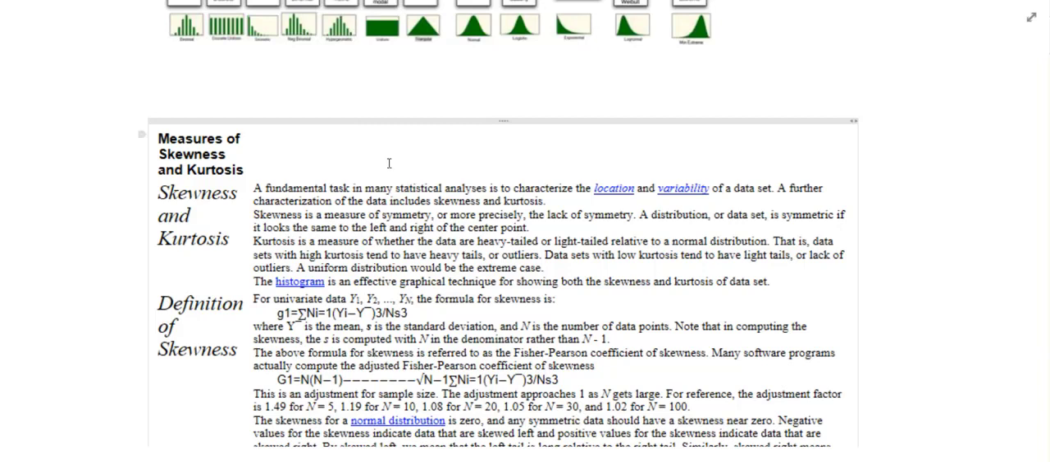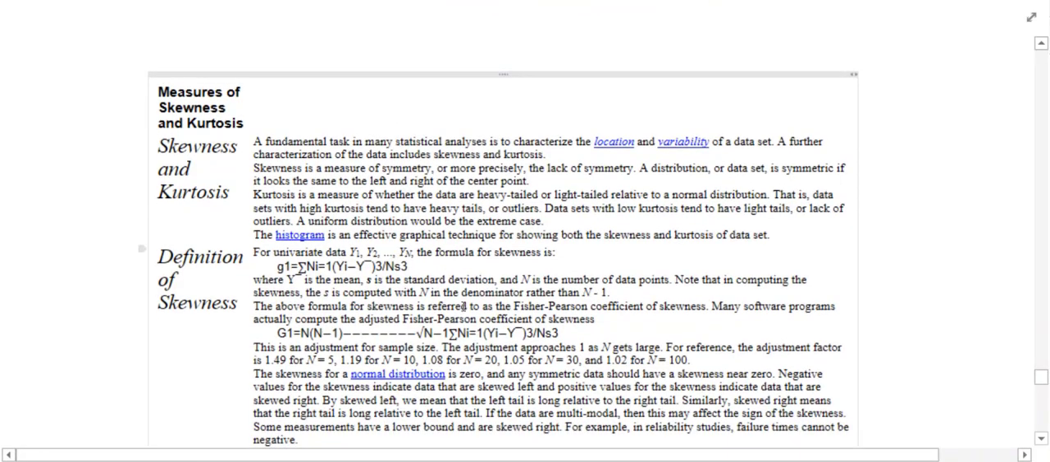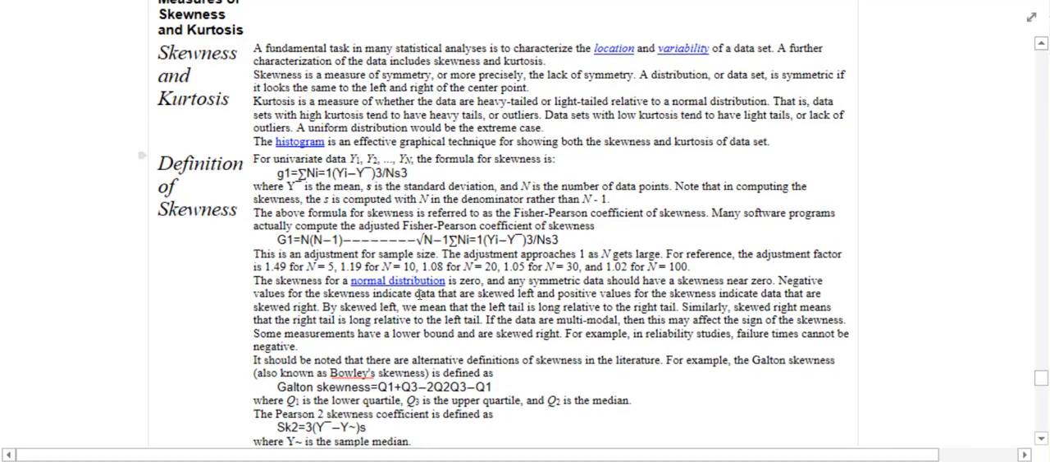Just for univariate data, y sub 1 through y sub n, the formula for skewness is given here, where y bar is the mean, s is the standard deviation, and n is the number of data points, a pretty straightforward calculation. In computing the skewness, the s is computed with n in the denominator rather than n minus 1. That formula for skewness is referred to as the Fisher-Pearson coefficient, and this is something that's used a lot in various statistical software